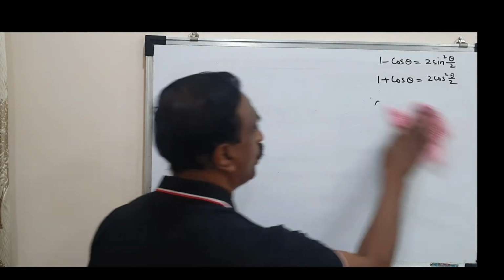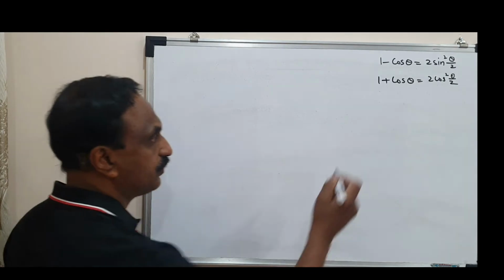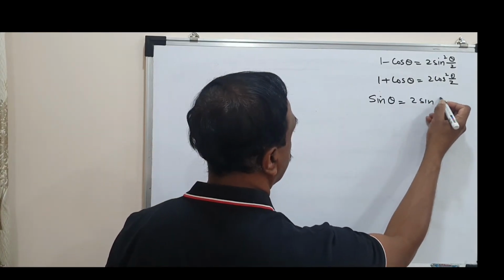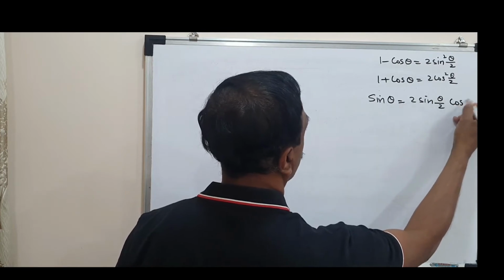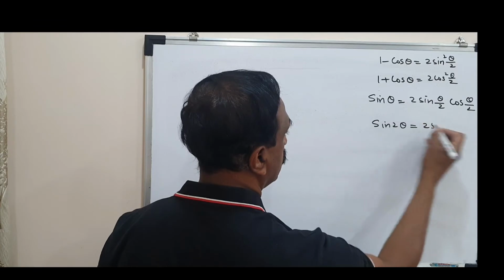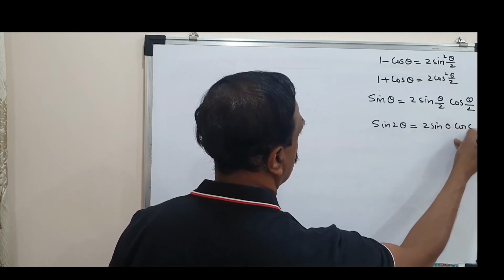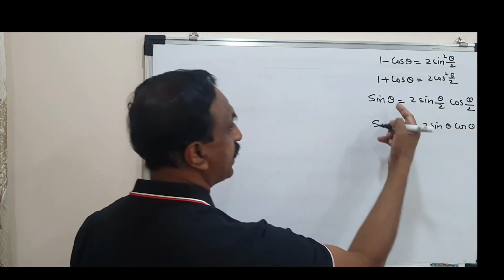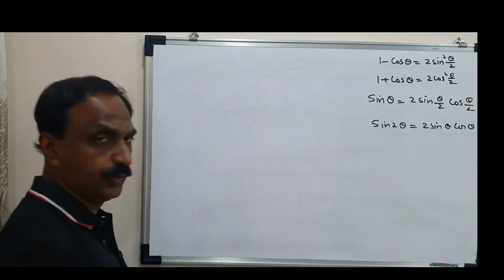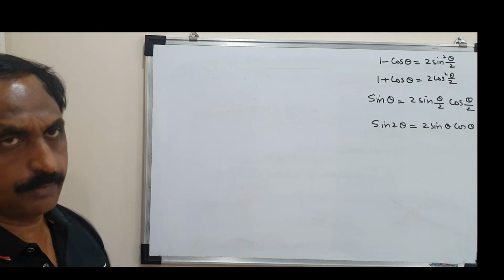And we also need to note one more formula, that is well-known formula. Sine theta can be written as 2 sine theta by 2 cos theta by 2. From where do you get this? From sine 2 theta's formula, 2 sine theta cos theta. So what you notice here, theta is the angle, so it will be double the angle. So when theta by 2 the angle, double of theta by 2 is theta. So these are the formulae that I'm going to use.